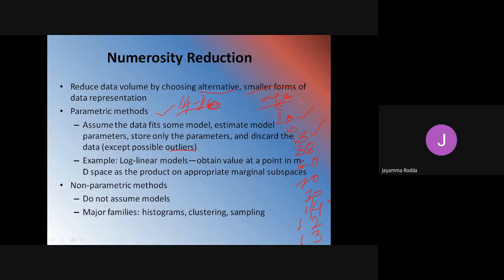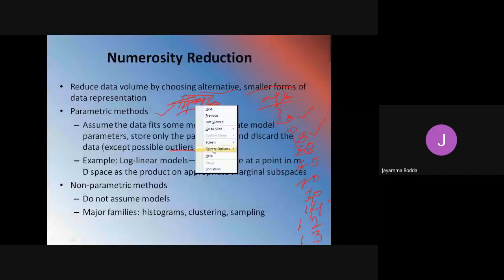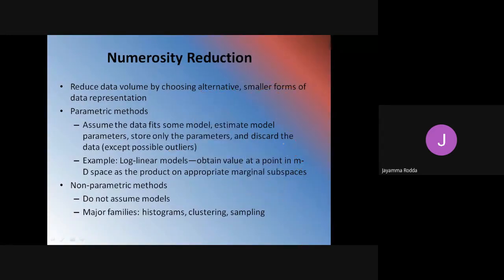So except these three, 20, 18, and 14, all the remaining will become outliers in this model. Only 14, 20, and 18 will be the actual data or parameters that need to be stored. Those three will be stored and the remaining things will be discarded. That is the concept of numerosity reduction.